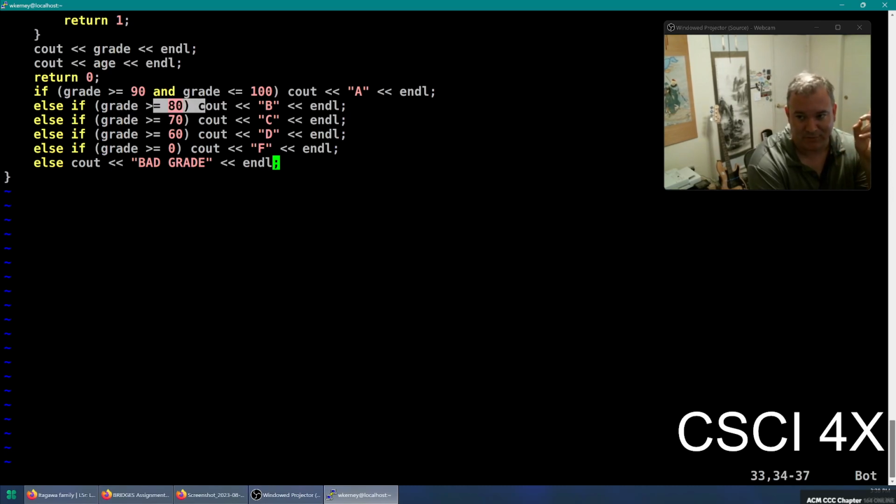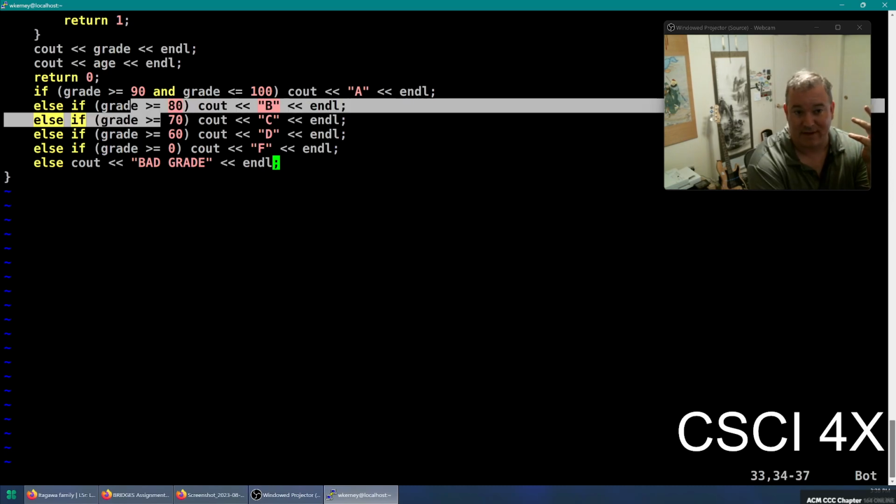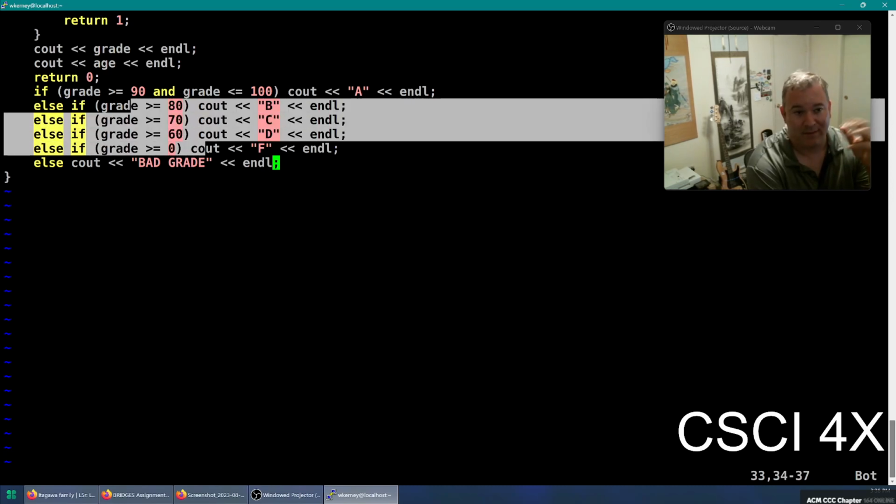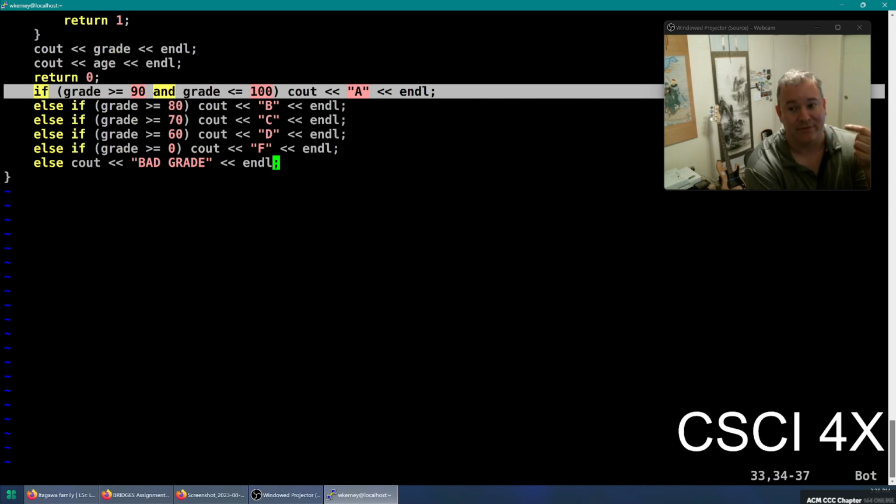After that, the previous one is going to pick up, like if they type in 95, it's not going to print B, C, D, or F, right? Because it's if, else, if, else, if, else, if. Only one of these is going to print. So if it's between 80 and 89, we get a B, 70 and 79, C, 60 and 69, D, 0 to 59, F. And if it's any value other than those picked up by this,